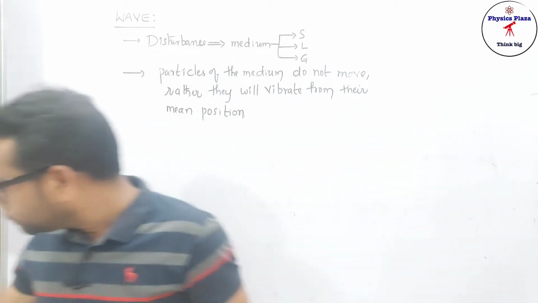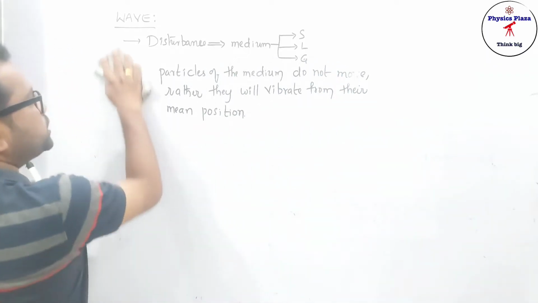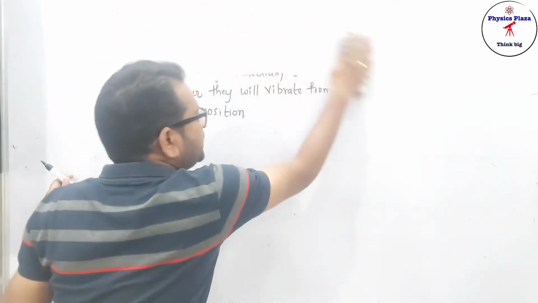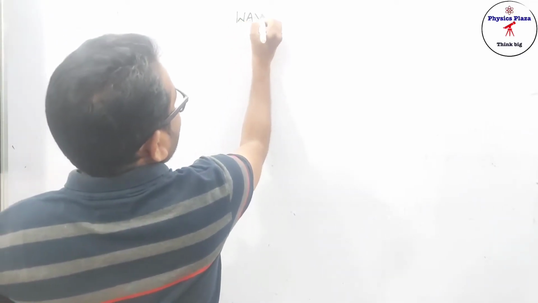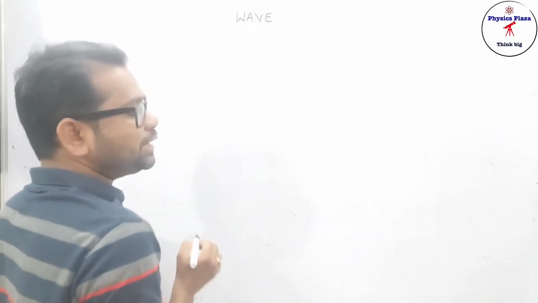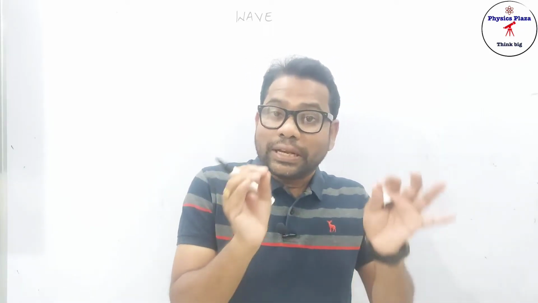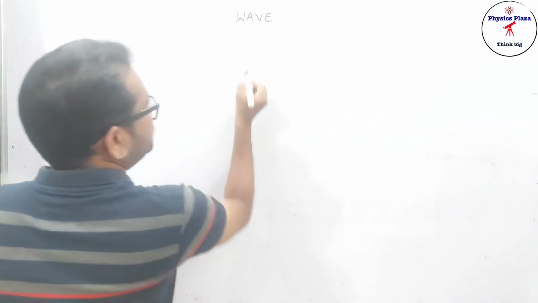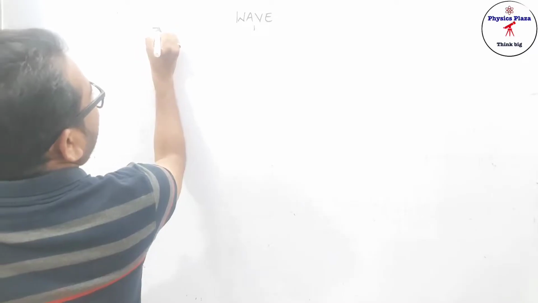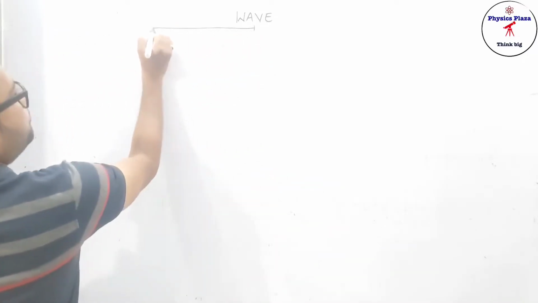Okay, fine. Now according to our syllabus, we will see the types of waves, children. It's very important. But based on what are we going to classify the waves, children? Here we are going to classify the waves into two groups based on whether they require a material medium for propagation or not. Am I clear? Fine, children.